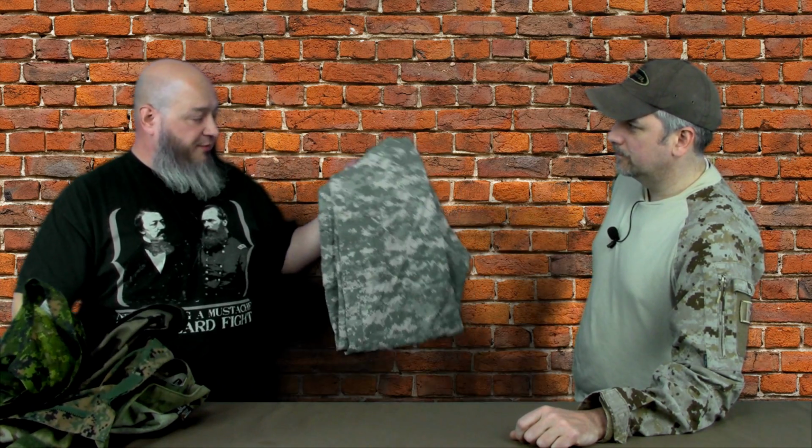BDUs and ACUs, uniforms, camouflage. The first thing I like to straighten out, everyone calls this thing here ACU. This is not ACU. This is a pattern called universal. It's called ACU because the pattern cut that the U.S. Army started was an ACU uniform, which means an all-combat uniform. A BDU is a basic duty uniform, which is a 4-pocket jacket, and the ACU is a new design meant